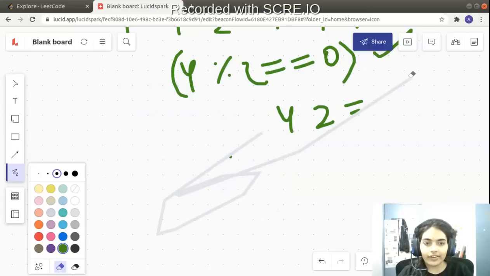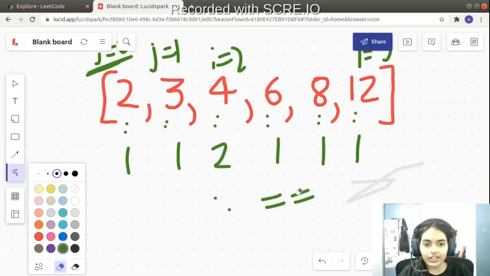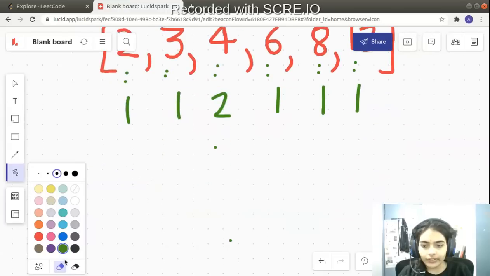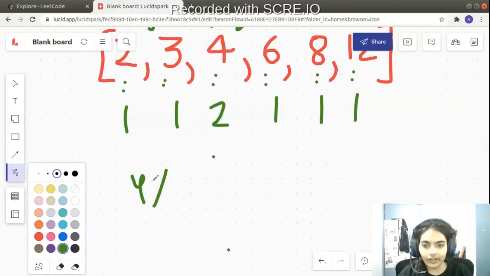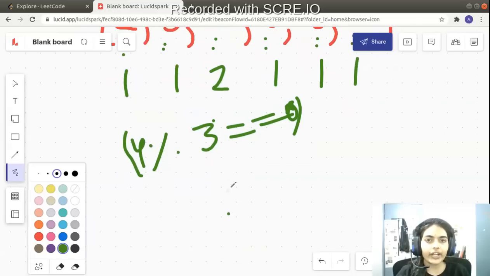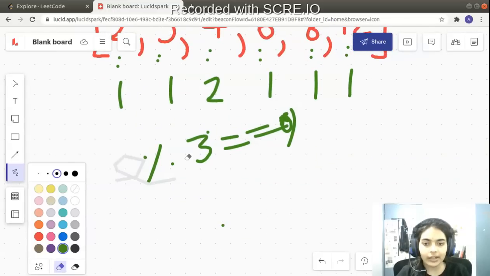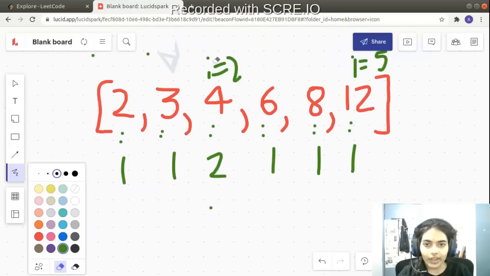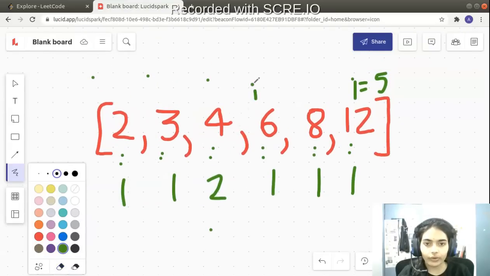Now we will go to the next iteration, which is j equal to 1 and i equal to 2. So for j equal to 1, we will make the initial check. We will see if we can find a number that can be multiplied to give 4. So we will check if 4 mod 3 is equal to 0 or not. So it is not equal. That means 3 is not dividing 4 completely. So how can it multiply with any number to give 4? It cannot. So we will just go to the next iteration. So we have completed all the iterations for i equal to 2 and we have found two ways for making 4. So let's go to the next iteration, i equal to 3.